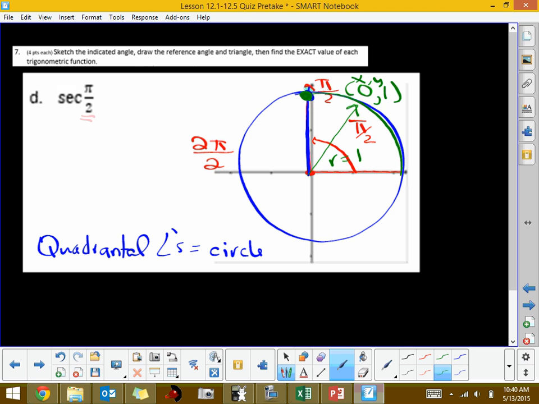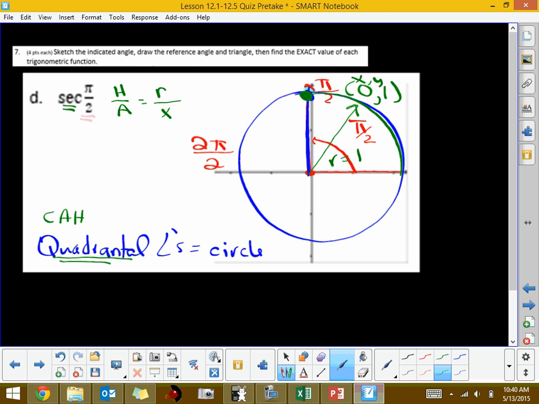When we did these quadrantal angles, we redefined all of our trig ratios. Now secant is a reciprocal of cosine, and the cosine is adjacent over hypotenuse. So that means when we do a secant, we need the hypotenuse over the adjacent. But it's really difficult to find a hypotenuse and adjacent side on these. So what we did is we traded in for the hypotenuse, the radius of the circle,